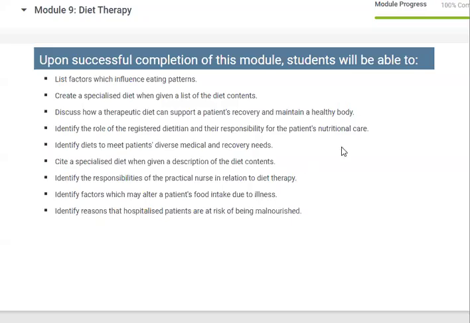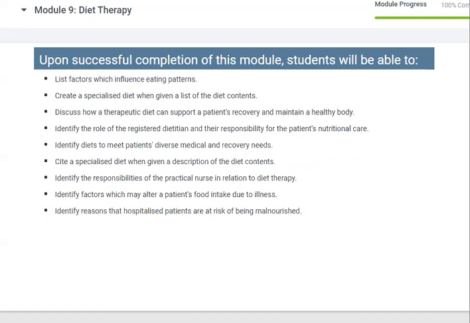Nursing and Patient Care. Module 9. Diet Therapy. Upon successful completion of this module, students will be able to list factors which influence eating patterns, create